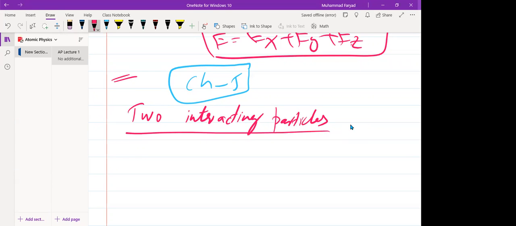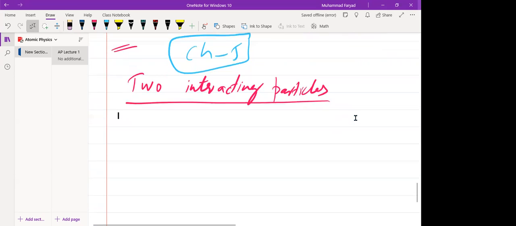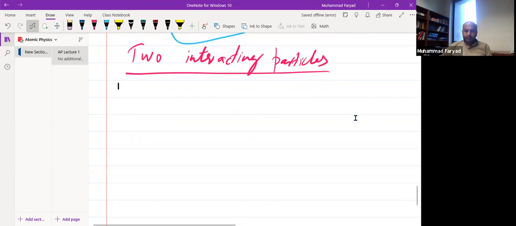Okay, two interacting particles. Before I actually do their quantum mechanical treatment, let me do their classical treatment, because that will be helpful